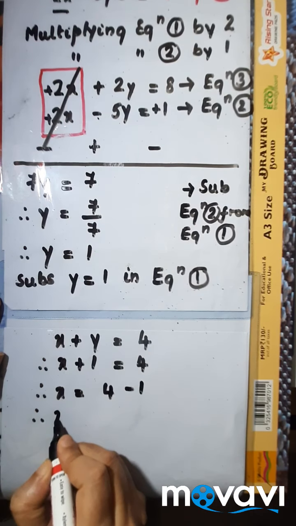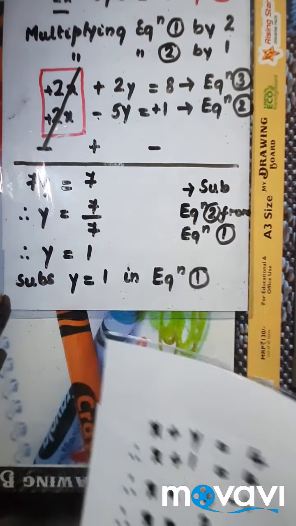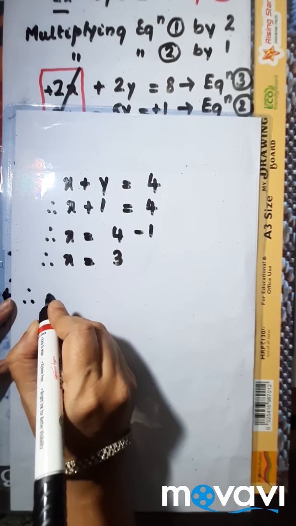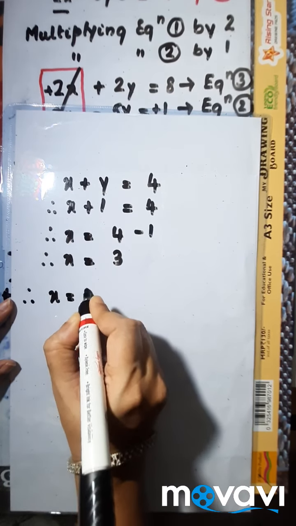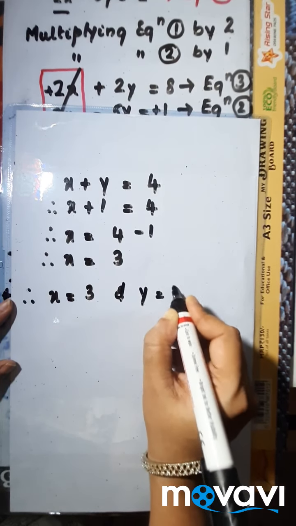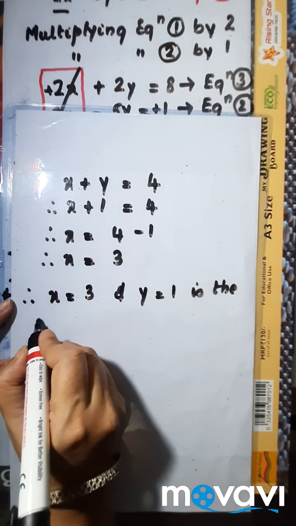Therefore, x is equal to 3. So now I will write, therefore, this is the way I write the answer. x equal to 3 and y equal to 1 is the solution